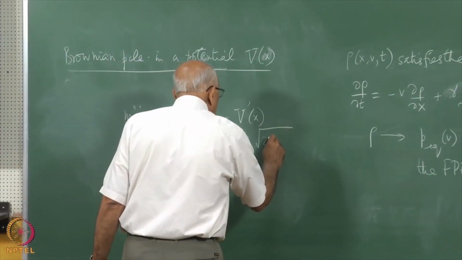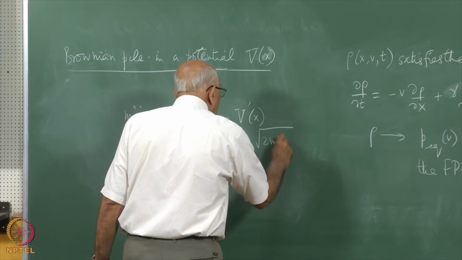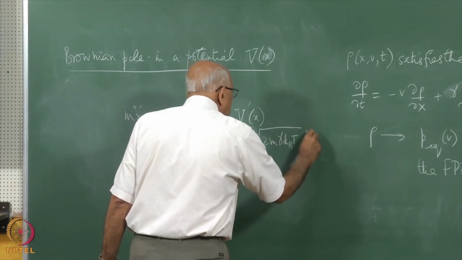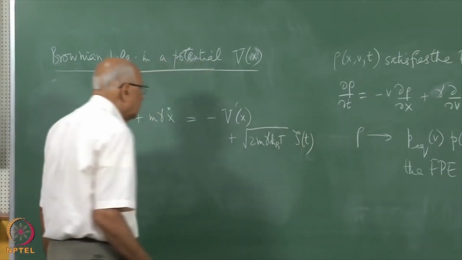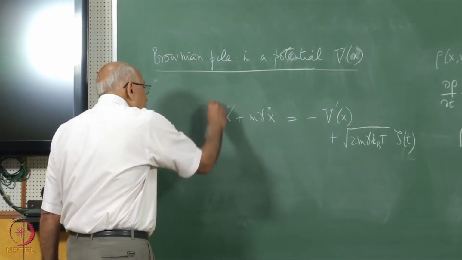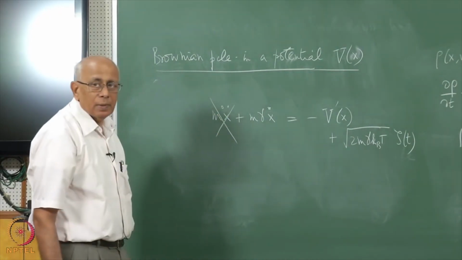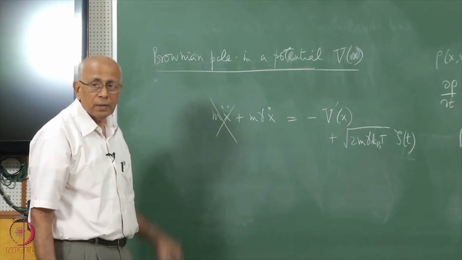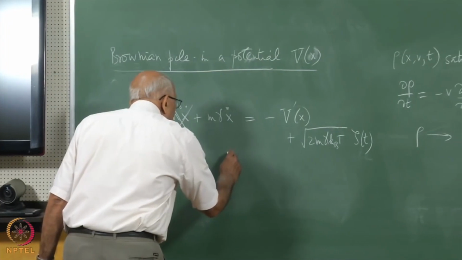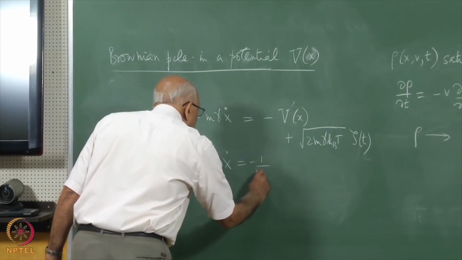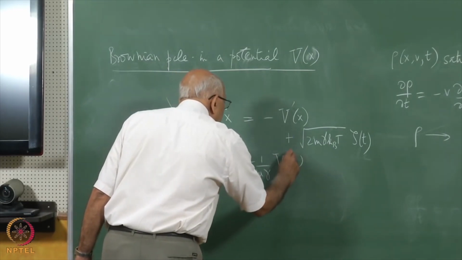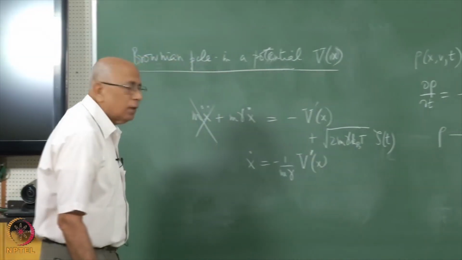So, 2 m gamma k Boltzmann T times zeta of t, this term, and you are dropping this term, the high friction limit. So, this term dominates, right. So, that gives us an equation which says x dot equal to minus 1 over m gamma V prime of x, that is the drift term,